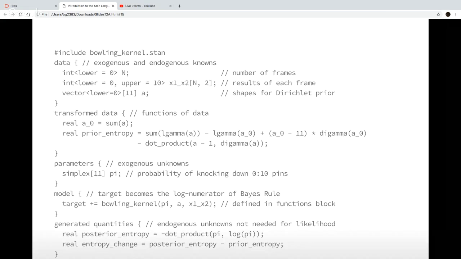So it's by default going to look in the same directory where you define the Stan program, which by default is going to be in the working directory. There is an additional argument you can give to stanc to look in another directory. So some people like to define all the functions that they use frequently in a directory, in which case you can specify the name of that directory to include things in.